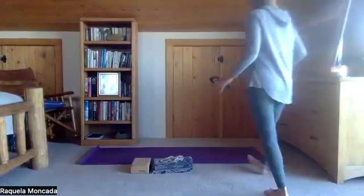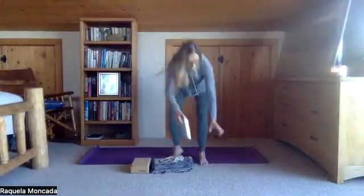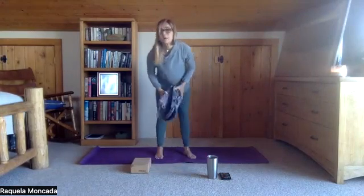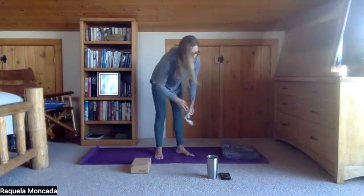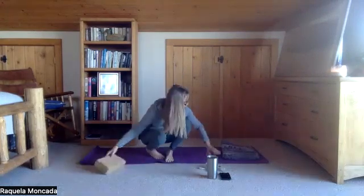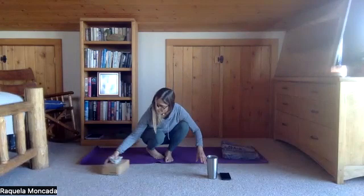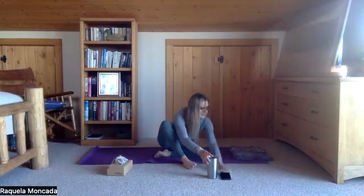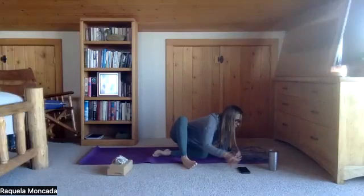So we'll be using a block and a strap or a belt. Let's begin from lying down on the back using a blanket or a towel to protect the neck. Have your block handy, have your strap handy, and just place the blanket or a towel